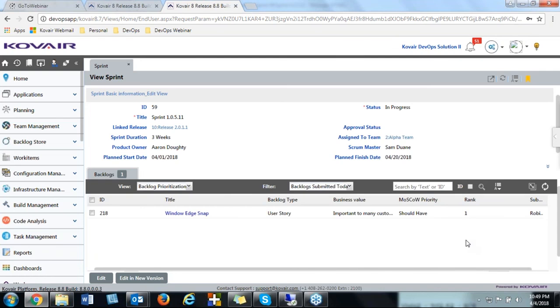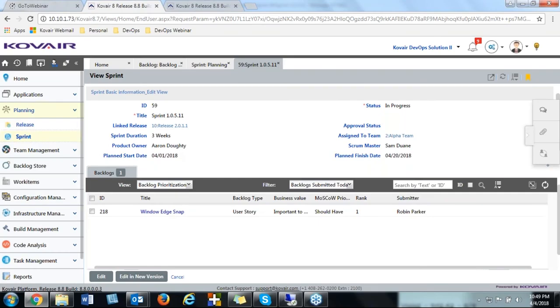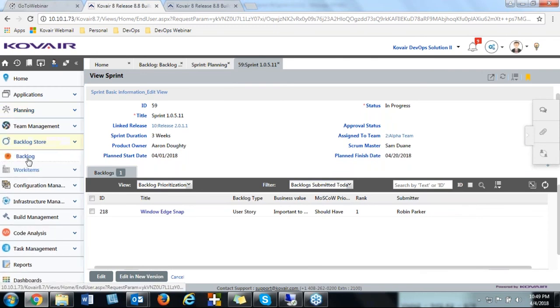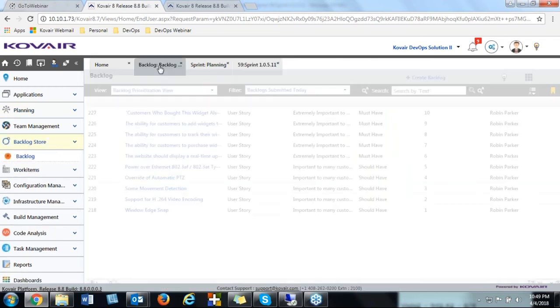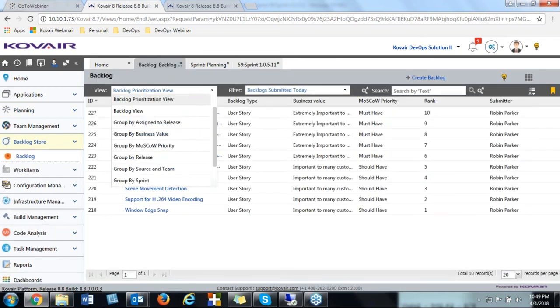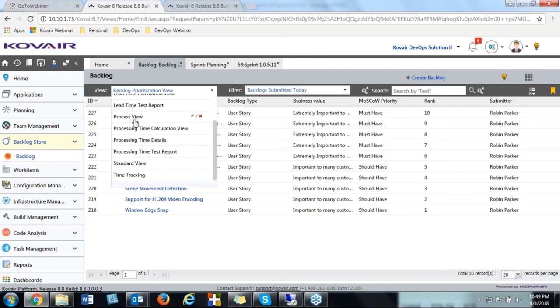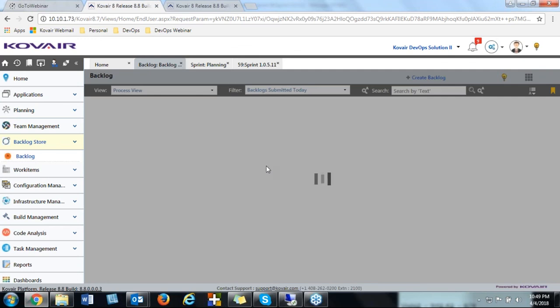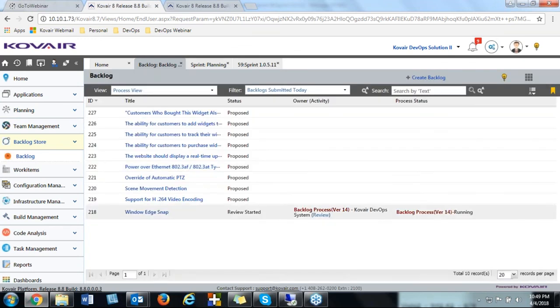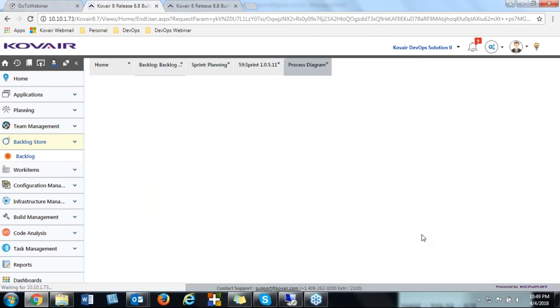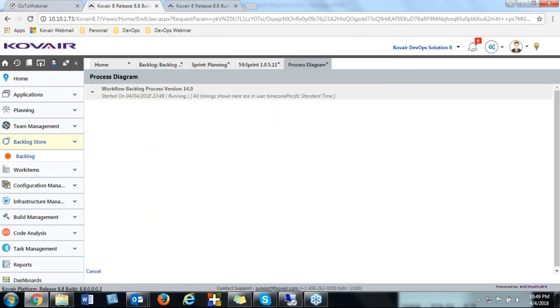Now, what triggered it in the background? If I go back, you will find that there is a process that was automatically triggered in the background for this backlog the moment it got associated. So you can see this is the particular task that has been generated, and this task, as a result, has sent the notification. So what's the process? Let me give you a glance of the process from the end user's mode.